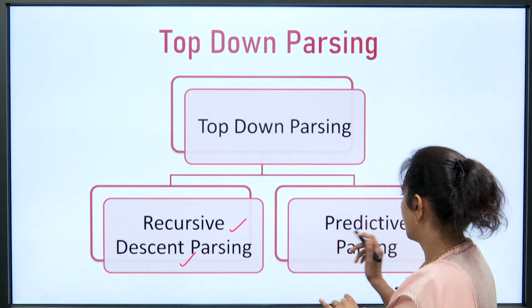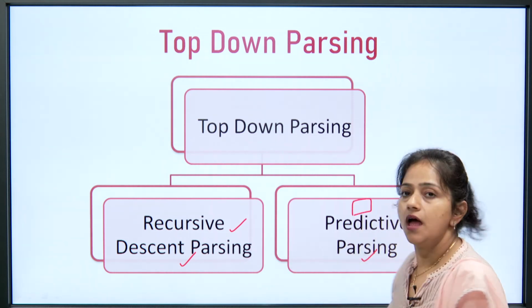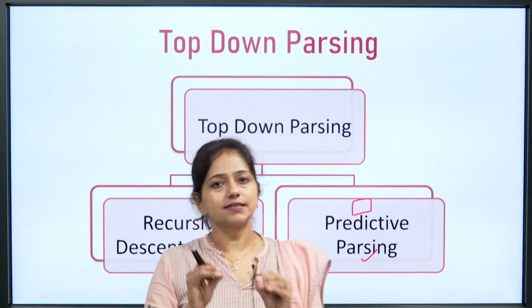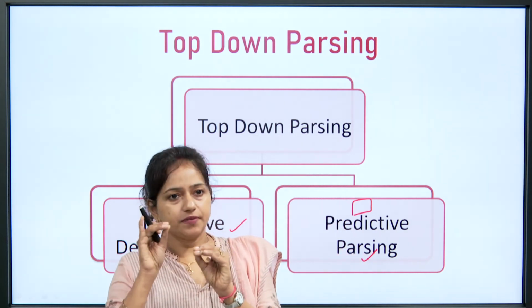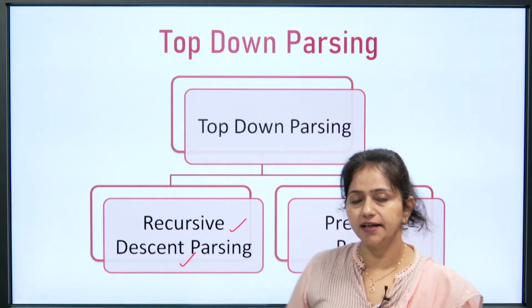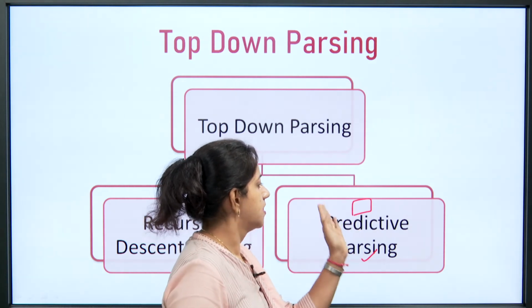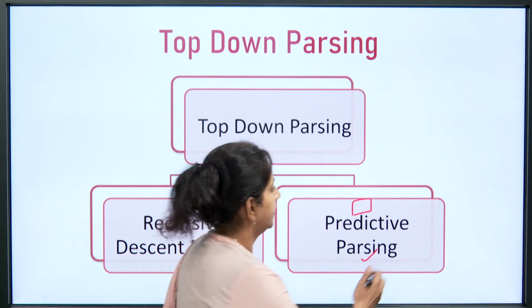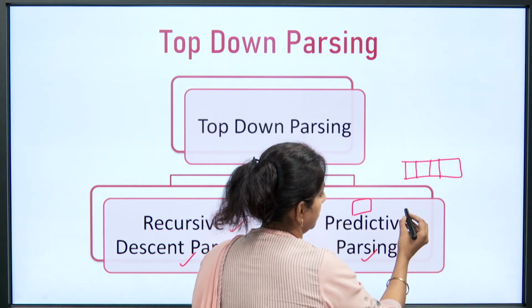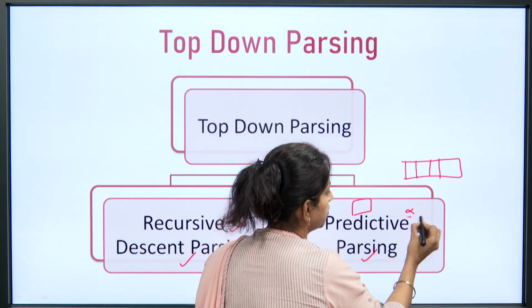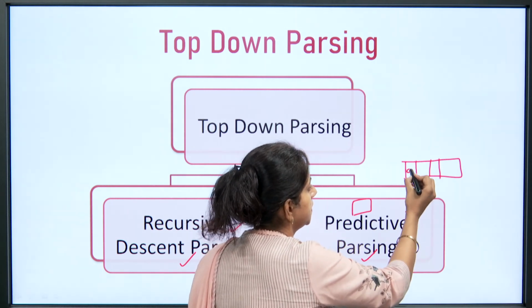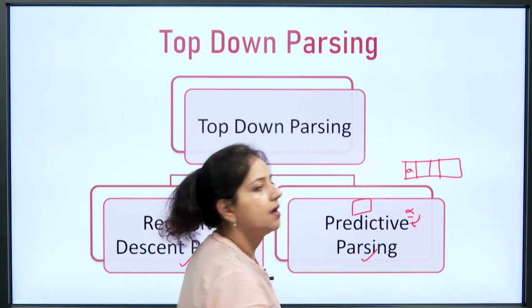So, here actually we have one table, and that is called the predictive parser table. This table helps us select the correct choice. In a predictive parser, this table will help us select the production, and then in the input we will look at the symbols. In the sentential form we will look at the terminal symbol and at a symbol on the input tape, and then we will do the matching part.